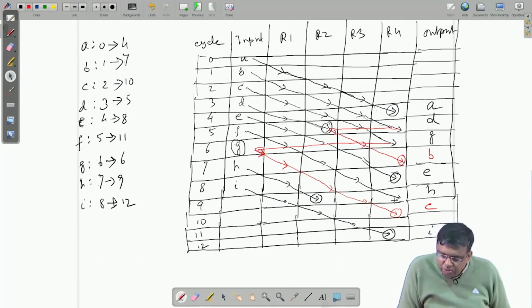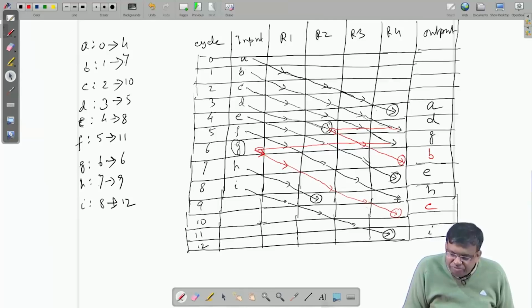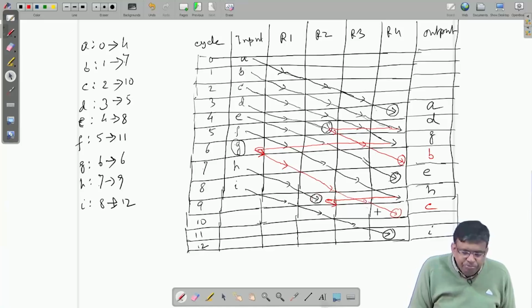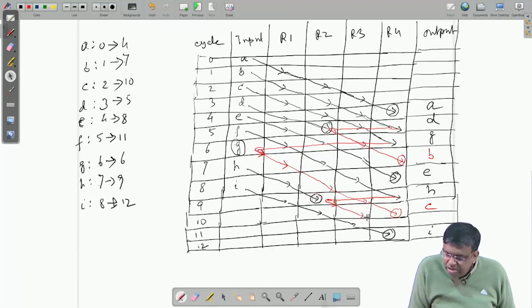Okay. Then one more fellow is left, that is F. F is from 5 to 11. Now, here you see this fellow is over, which means at cycle 9 R2 output goes to the output port by a switch, it does not go to the R3 input. So, from R4 I bring it to the input of R3 and moving forward again. You see these boxes are open. F is from 5 to 11. So, it will go from here to 10, 10 to 11 and done. So, F,